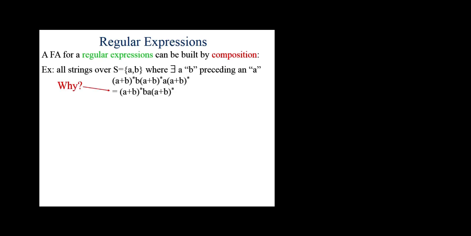And you can simplify this regular expression from B preceding an A with some fluff in between to B immediately preceding an A. Because if you think about it, there's a B and there's an A, and somewhere along the line the B becomes an A. There'll be a place where the B will become an A in one immediate neighboring character, right? So this regular expression here is equivalent to this regular expression. Now you can simplify it even further if you like, but let's just leave it like that.